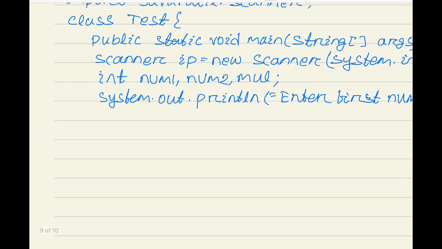Then we can write num1 equal to ip.nextInt().